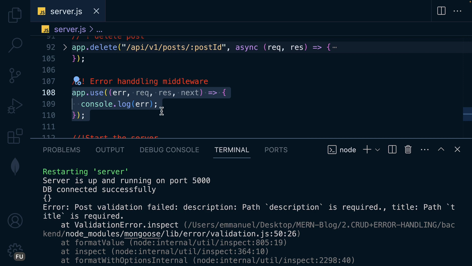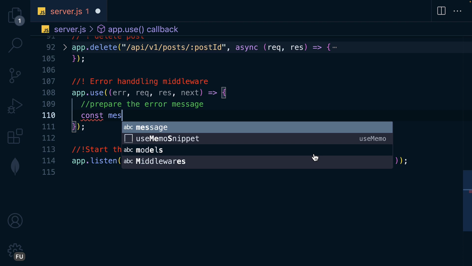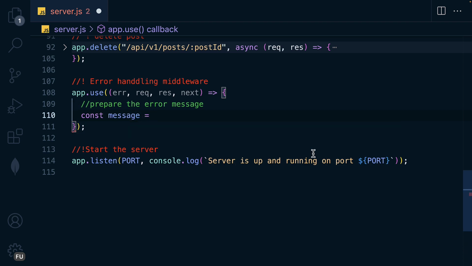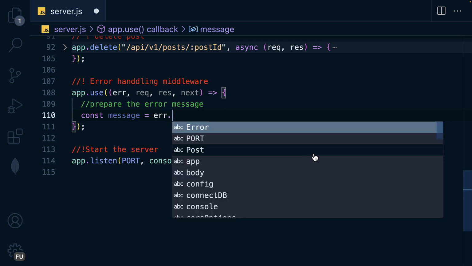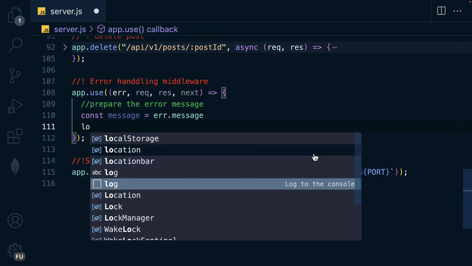All right, so here we can send the error to the user. So here I will say prepare the error message. So I will say const message, the actual message can be found on error.message. So if I log the message here,